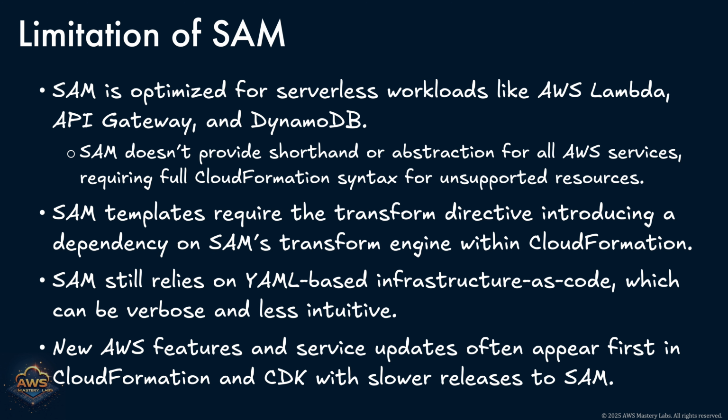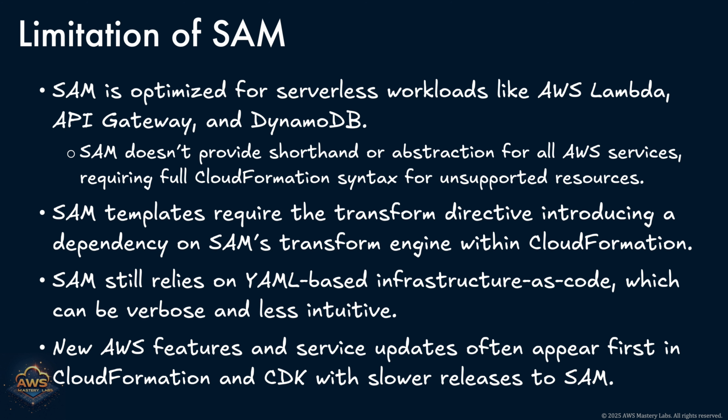Even within the serverless domain, not all AWS services are fully abstracted in SAM. While it simplifies core resources like Lambda and API Gateway, you'll often find yourself writing raw CloudFormation syntax for anything beyond the basics. This limits the productivity gains you might expect from SAM's shorthand model. Another limitation is the dependency on the CloudFormation transform. SAM templates require a transform directive that hooks into the SAM transform engine. While this is what enables its magic, it can also create integration friction when you're trying to compose SAM templates